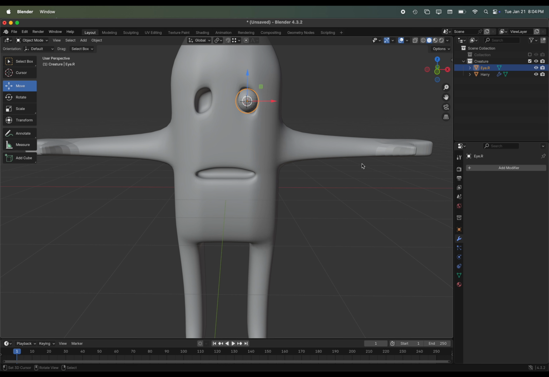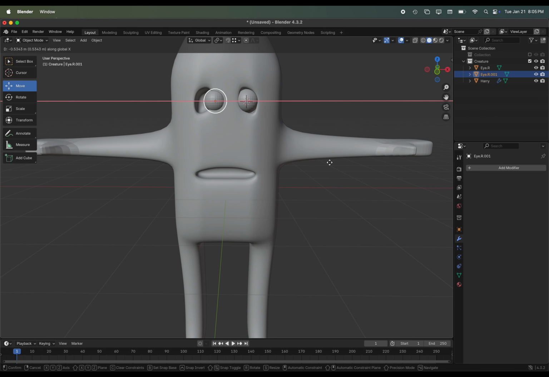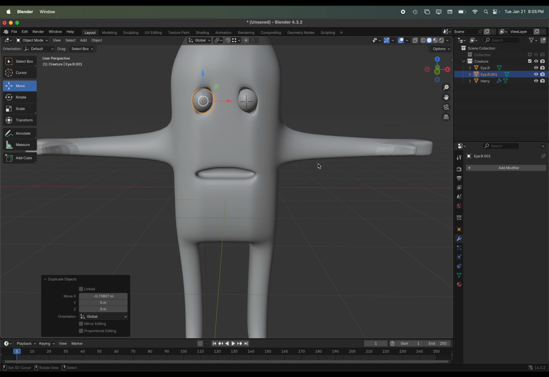When we're working with the left and right side of the body, a standard naming strategy is to add a .l or a .r to the end of the name. And there are some features that when things are named that way, it'll make some automatic features work better in the future. I'm going to duplicate the eye, so that's Shift D to duplicate. Then I'm just going to press X to lock that to the X axis when I'm moving it, and about there. And I'm just going to take a moment to rename. It's just double clicking on the name to be able to change it to eye.L.